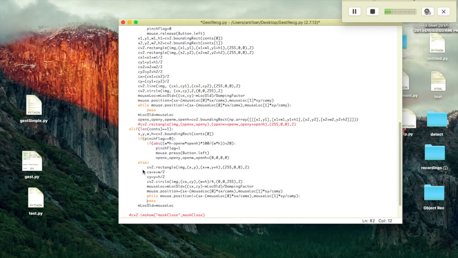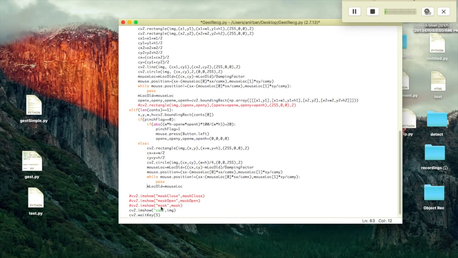And it will only be a click if the absolute difference between the old area and the open gesture area and the click area is less than 20%. Oh, what happened? Oops. Okay. I just have to move this one also. I think it's fine. Okay. Yeah. Let's run this